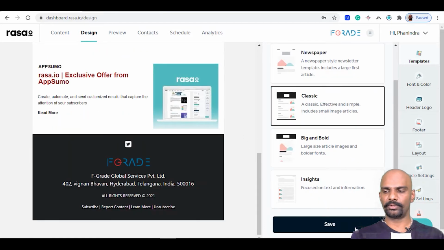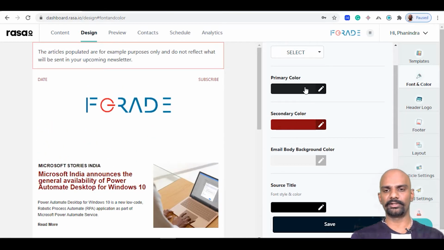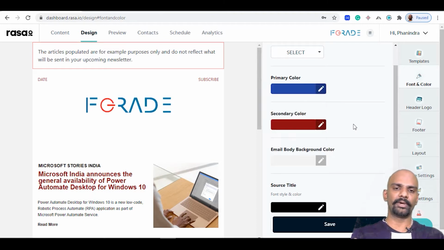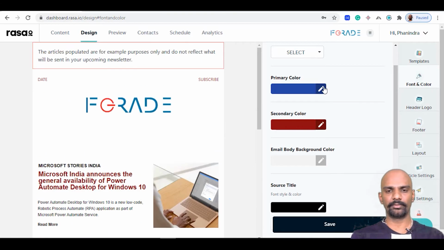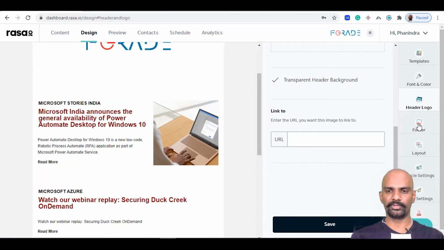Coming to the next, on the right side, there are columns. You can choose your branding color and footer. These colors have been automatically generated. After I uploaded my logo, they took all the colors from my logo. That is a good feature actually. I'm just testing it with a blue color and it doesn't look good, so we've turned back to the same black.